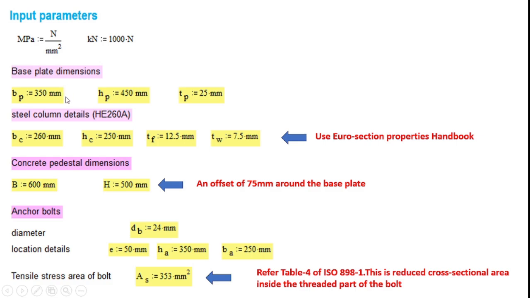As I have already shown, the width of the base plate is 350 mm and its height is 450 mm, and the thickness of the base plate I started with 25 mm. And as already explained, the base plate supports a steel column